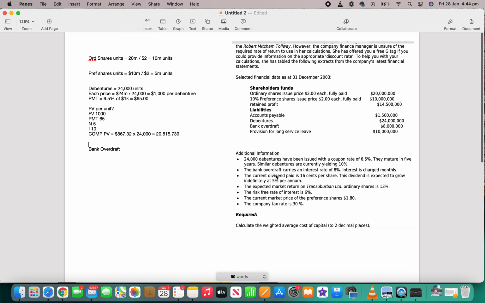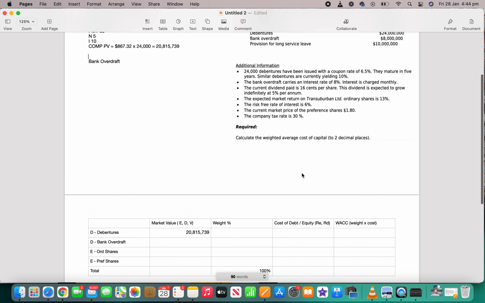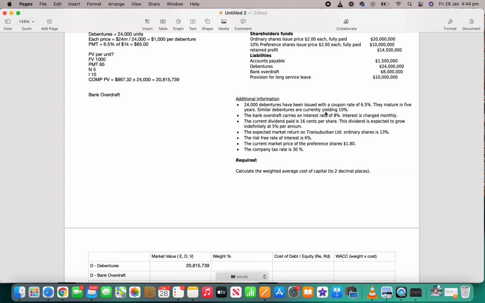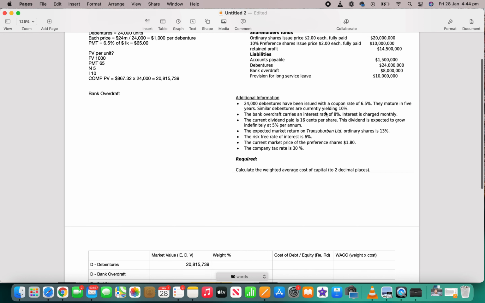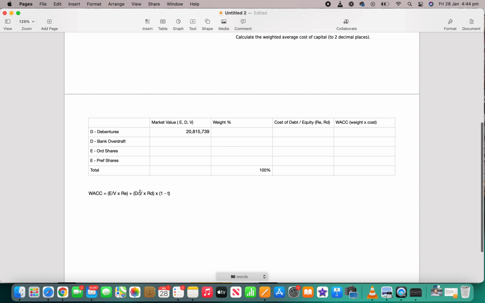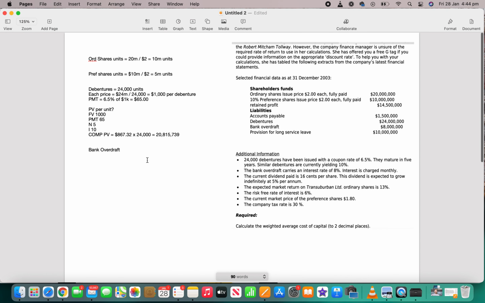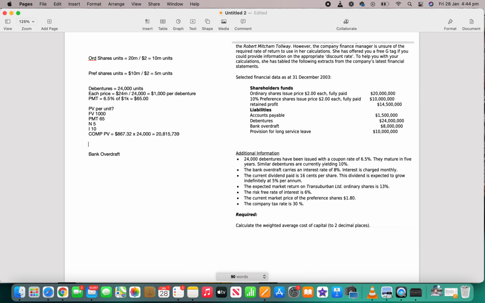Okay, and then the second part is our cost of capital. So it's saying similar debentures are currently yielding 10%. So it's giving us that 10%. Now remember, in our equation down the bottom, tax is applicable to our debt. So what we need to do is take off the tax of that 10%. So let's go RD, which is our cost, is 10%